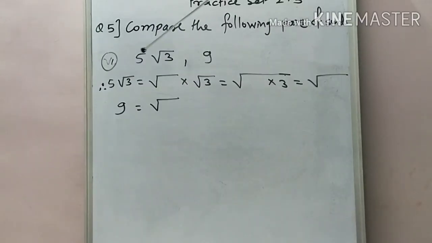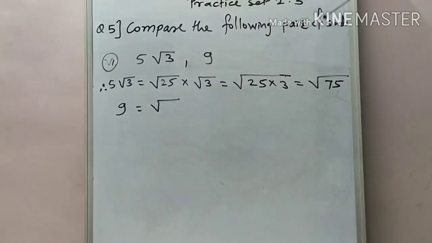Now we try for the sixth one, 5 root 3 and 9. Now we compare these two numbers. Okay, so 5 root 3, now again here that 5 root 3 is a mixed type of surd, so first we convert it. So 5 is square root of 25. Okay. So 25 into 3 means we get here root 75. And that 9, which is a rational number, so that 9 is square root of